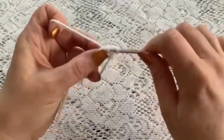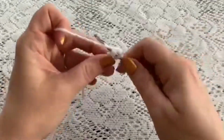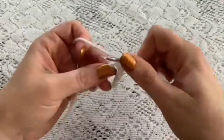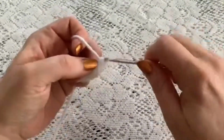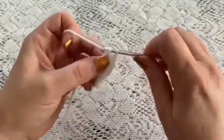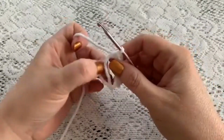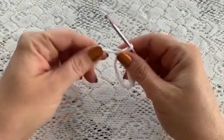There's 1, 2, 3, 4, 5, and 6. We're not going to use a stitch marker for this, but you are going to pull the